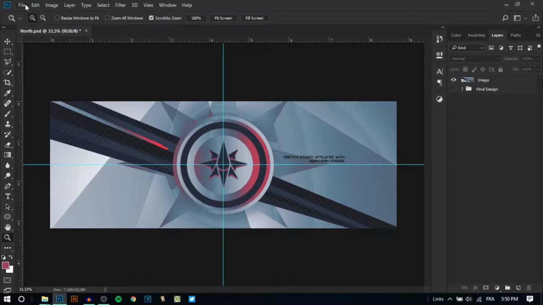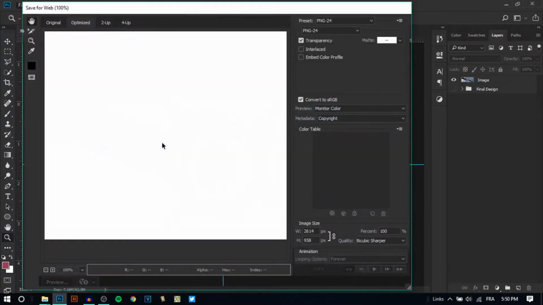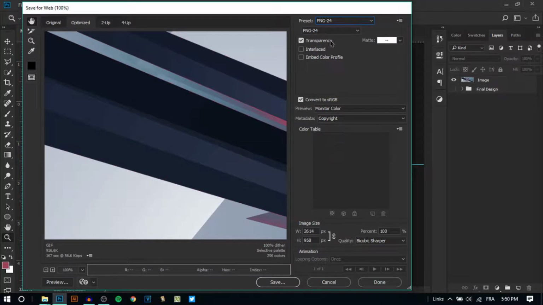So then guys, what you're gonna do is just go to File, Export, and Save for Web (Legacy). Then make sure that you choose the PNG-24 preset. Then guys, go to Quality and change it to Bicubic Sharper. There you go,